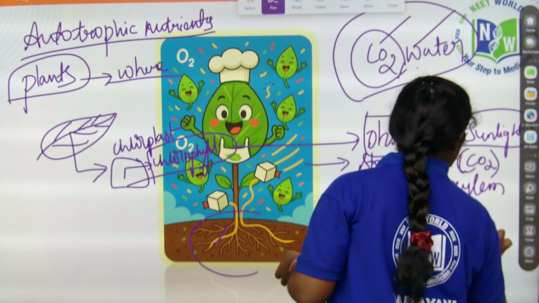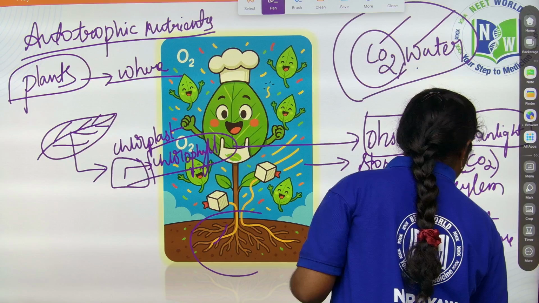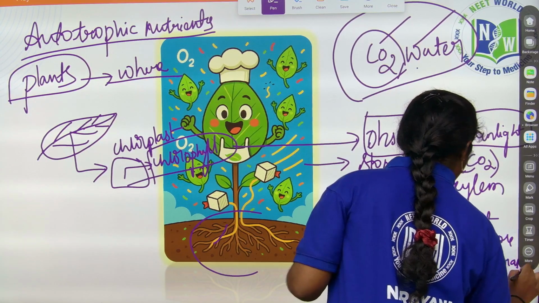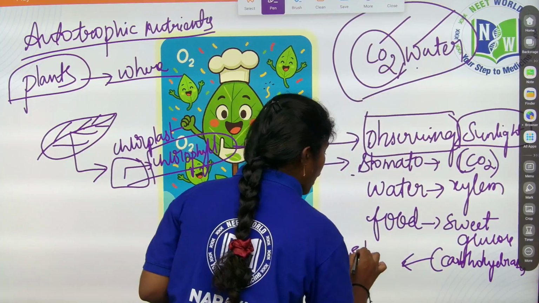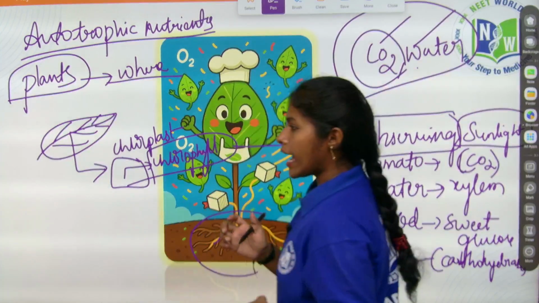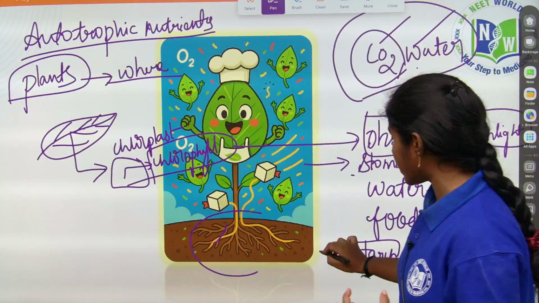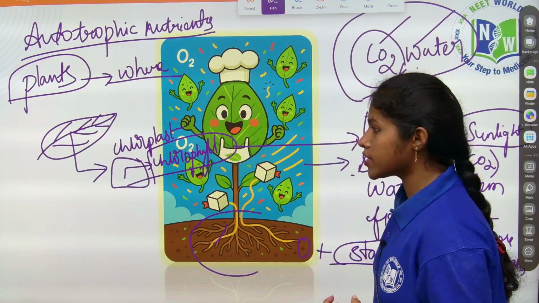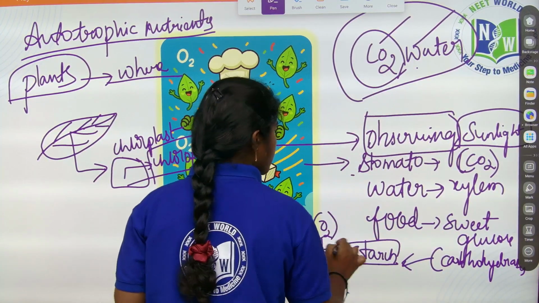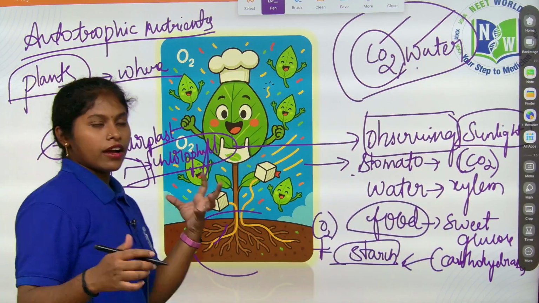Sweet glucose, also called carbohydrates, right? It is stored in the form of starch in the plants, right? And as it is stored as starch, children, along with sweet glucose, what is being produced, children? Oxygen. Oxygen is produced. So this food, whatever food is prepared in the leaves, the kitchen, the food factories of the